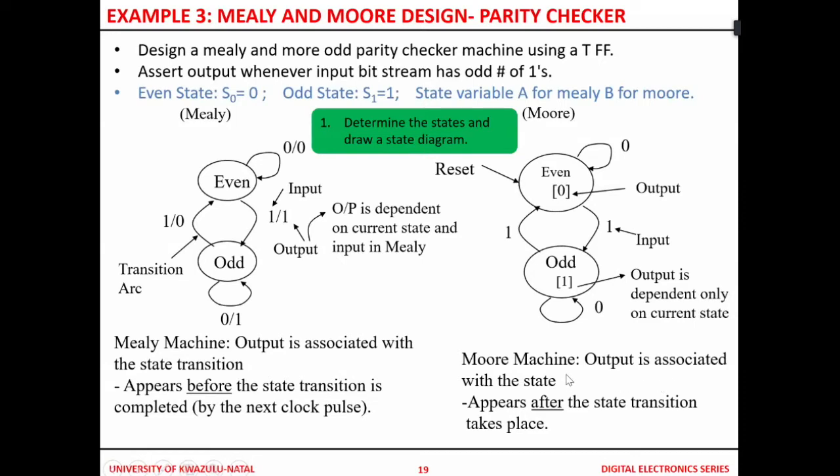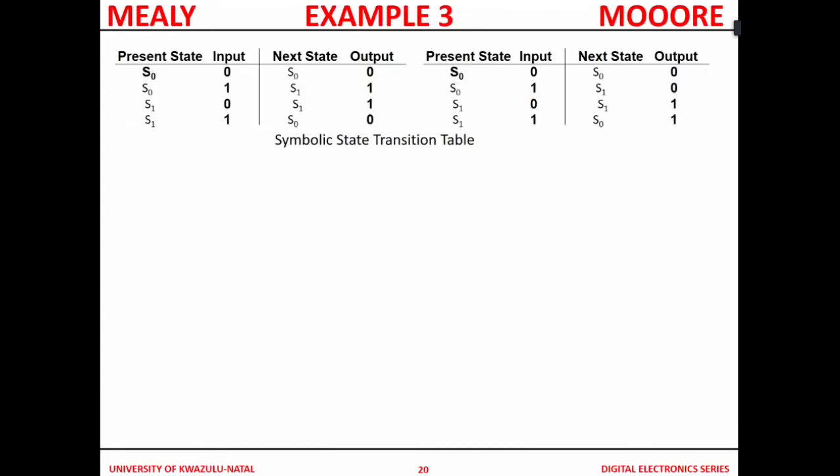The output is associated with the state and appears after the state transition, while in the Mealy it is before. So that is the most important part. Then after that,